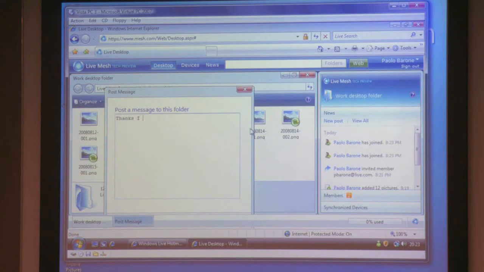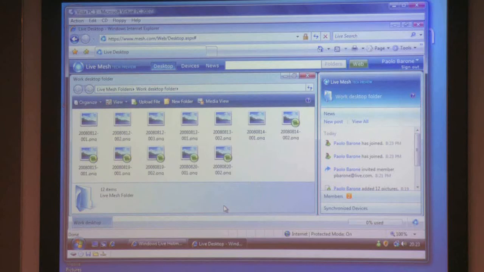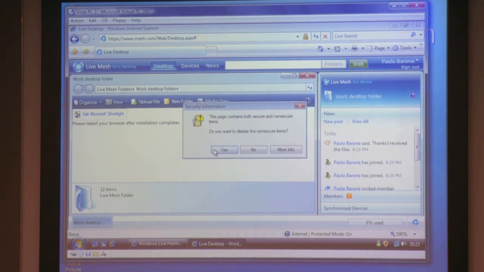Now they're there. Are they on your machine as well? No, at this moment, no, they are only on the live desktop. Does it cache them anywhere on the PC? No, it doesn't, no. I can download them and have them on my PC, yes, but while they're there, and if I access them with this,